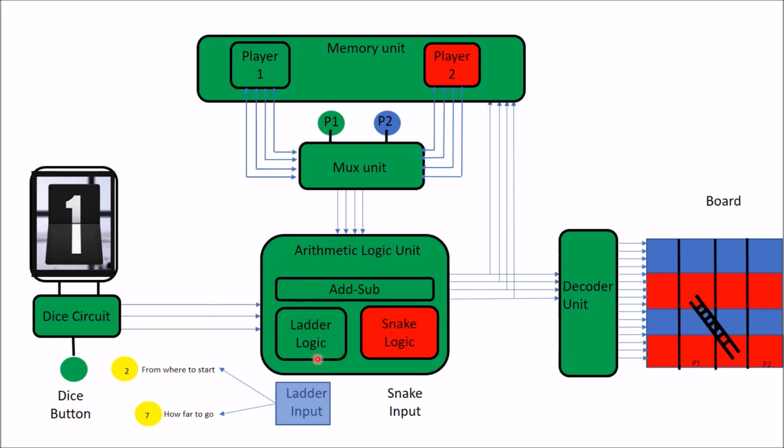But once you got the ladder logic, they need to verify that thing. Only when player 1 stays in this position, then it will have a 7-point jump. So to verify this position, you need to make a combination logic, then an adder circuit to add a few points and go to there. So that is the thing.